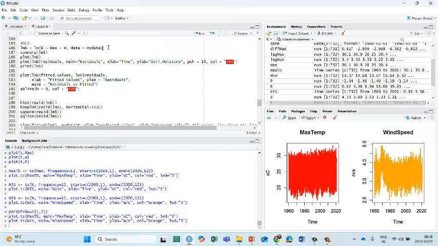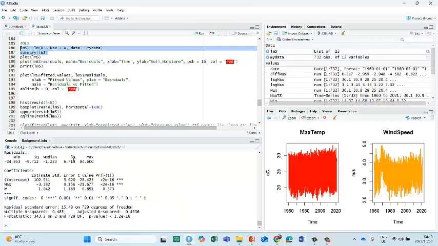Okay, and that is my equation. So I run my equation and I put the summary. Normally I just do these two together. I run it, and there's a summary. Remember still